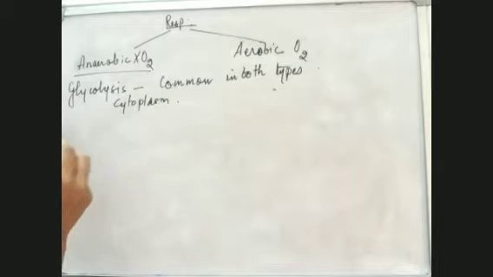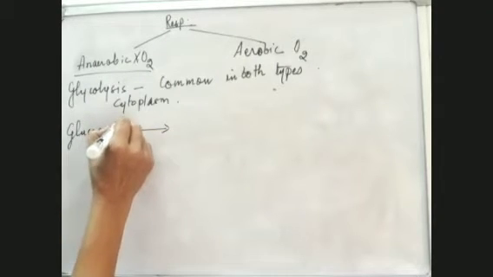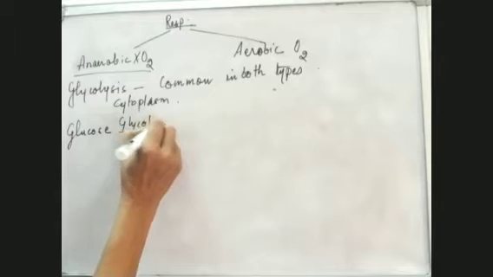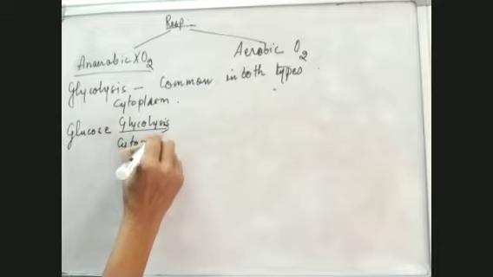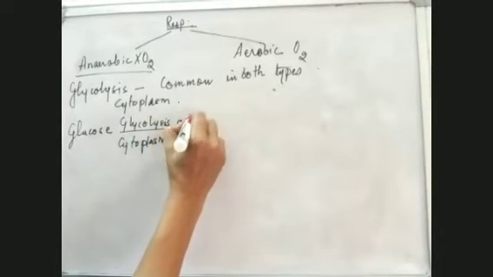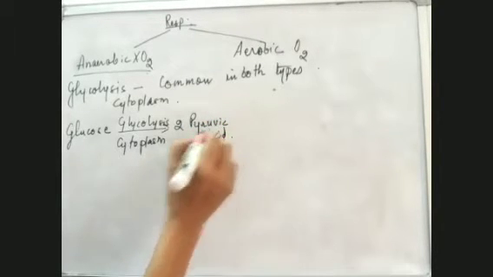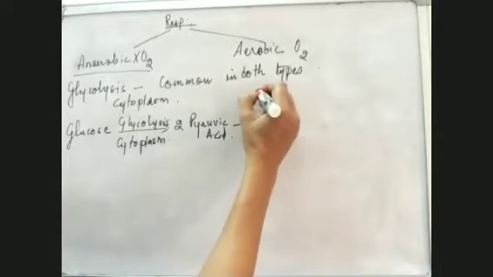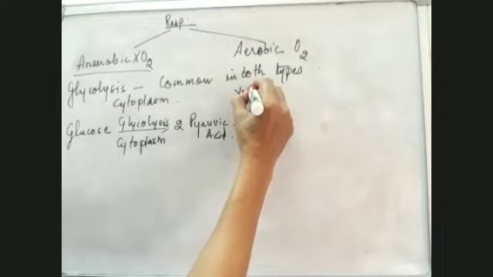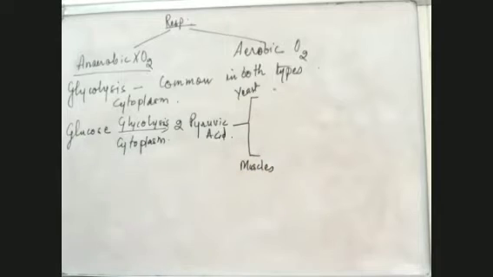Now the anaerobic respiration goes on like this. We have glucose as a source of energy. The glucose undergoes glycolysis in the cytoplasm. Glycolysis means breakdown of glucose. It takes place in the cytoplasm, and this releases 2 pyruvic acid molecules. Then these 2 molecules, in case of anaerobic respiration, which takes place either in yeast or in the muscles,